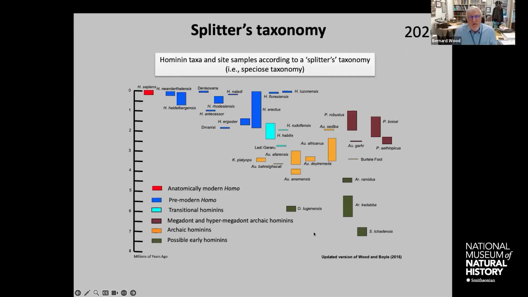This is what a splitter like me, in other words, someone who would have a tendency to recognize more species rather than fewer species, this is what it looks like in 2026. If you remember how few species there were in the 1966 version, you can see that all the attempts to collect fossils in the intervening period have been successful. These may or may not be species that will survive the test of time, but nonetheless, this is a sort of speciose interpretation of the hominin